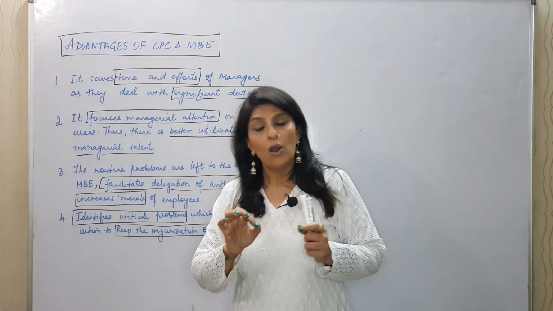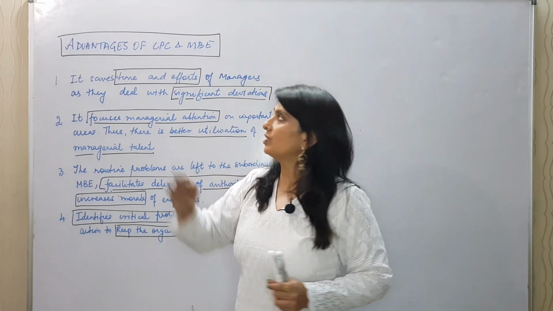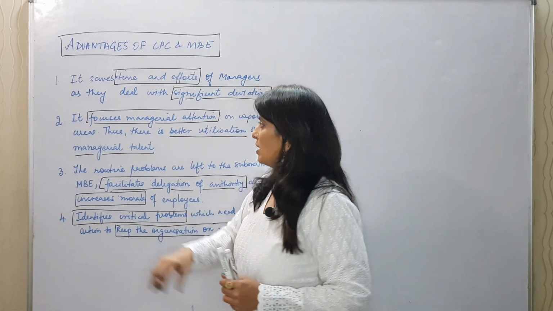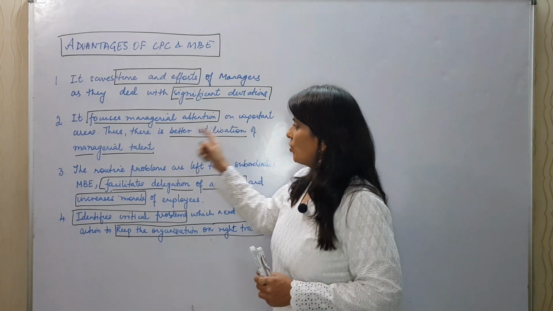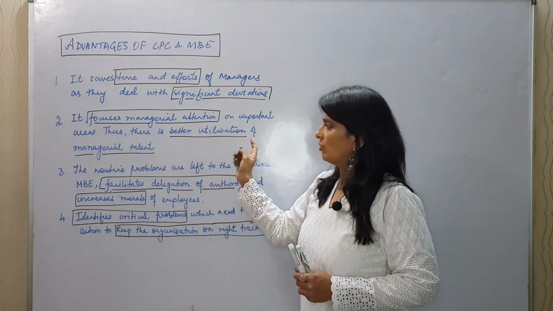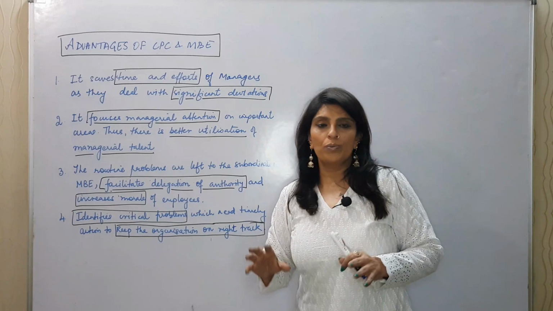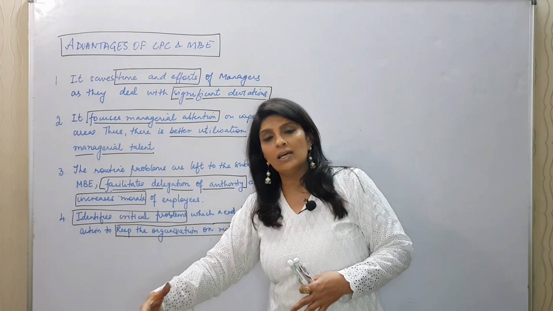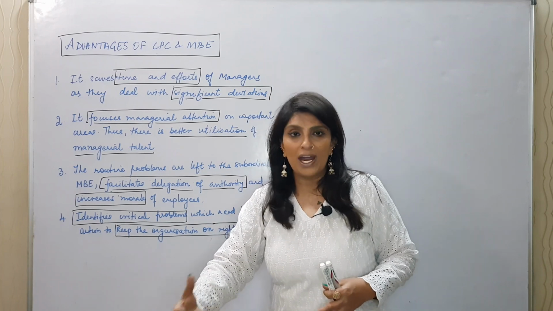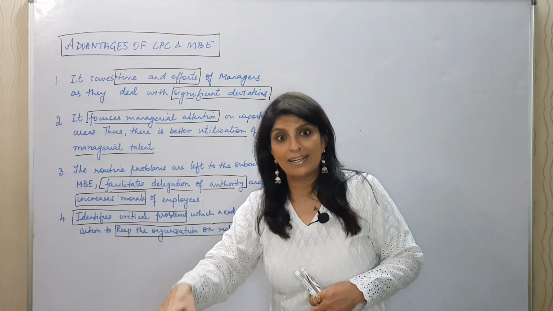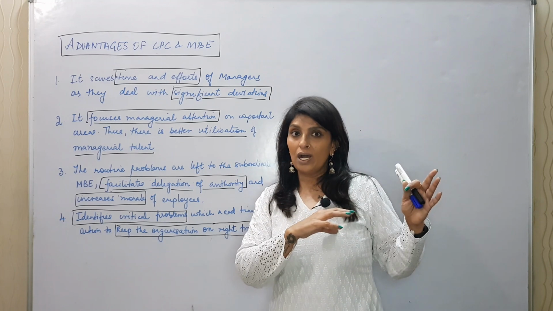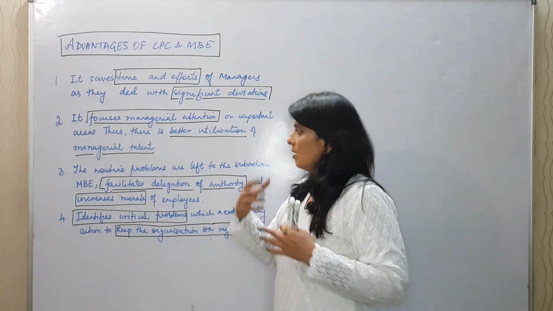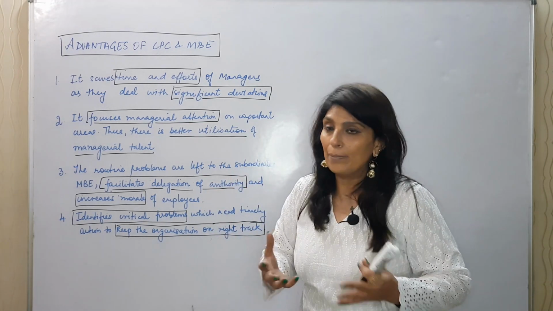KRA also talks about significant deviation, and management by exception or control by exception also talks about concentrating on important matters. It focuses managerial attention on important areas, and thus there is better utilization of managerial talent, because the superior or the supervisor or the manager is concentrating on important tasks and the other work is shared with the subordinate. So for the subordinate, that task is more important, for the superior the other task is important. So when everybody performs their own respective task, it becomes better, everybody's potential is tapped.